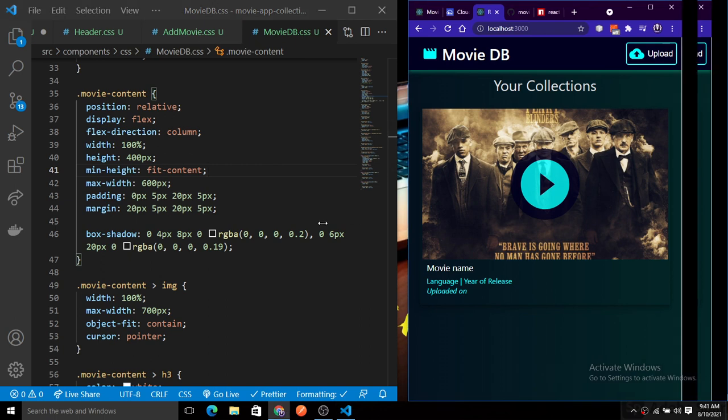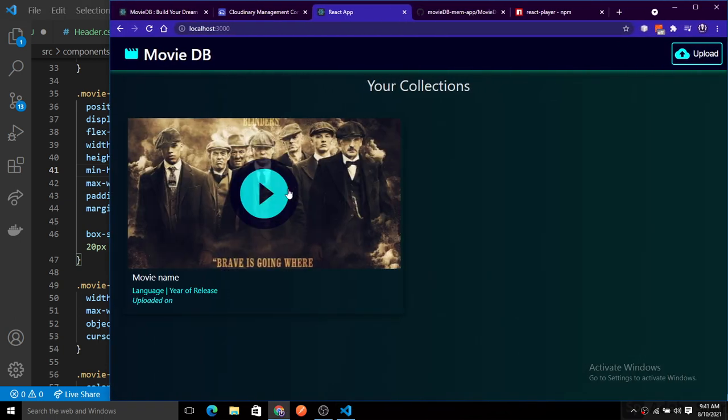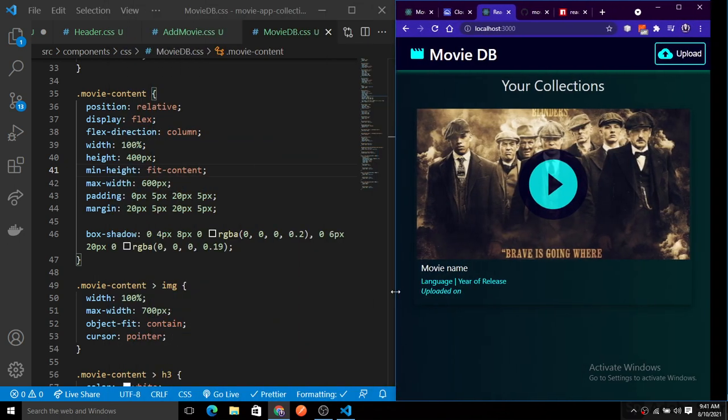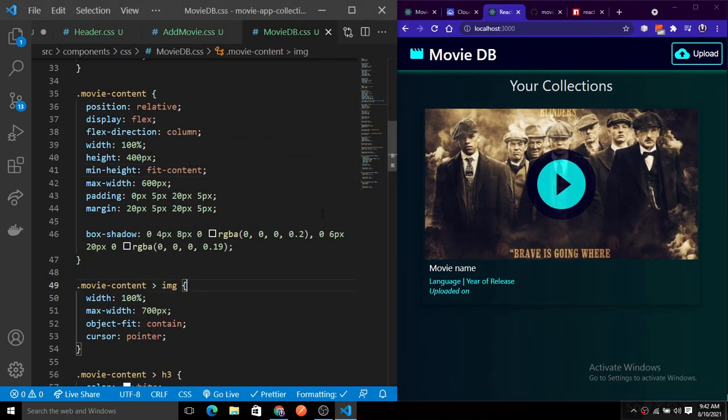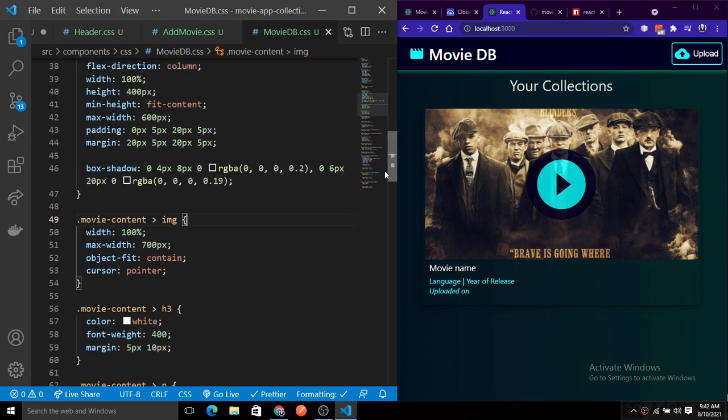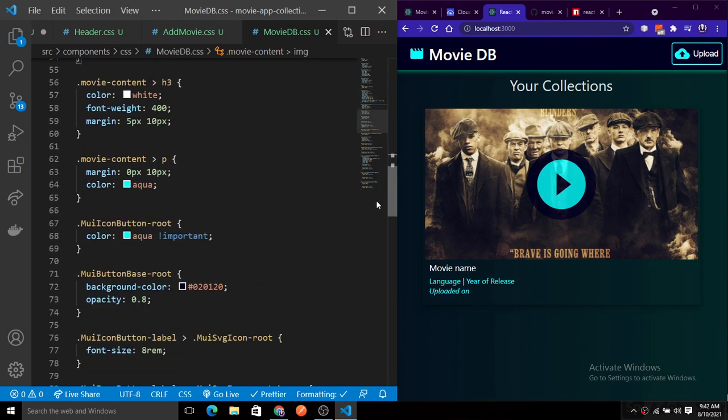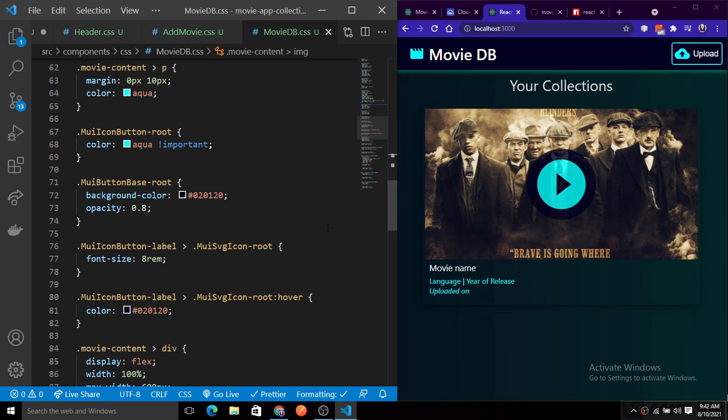Our front end is completed. I think there is an issue with this, so let's grab this. I think we have added padding there, so let's see inside of this. Okay, font size of 4 rem, make it 4 rem.